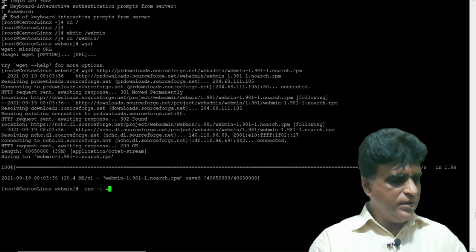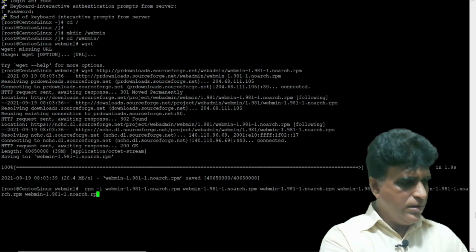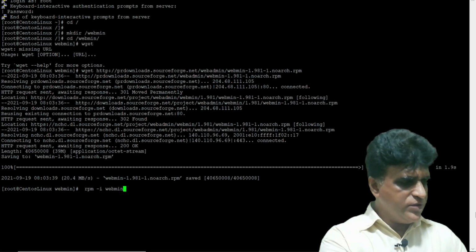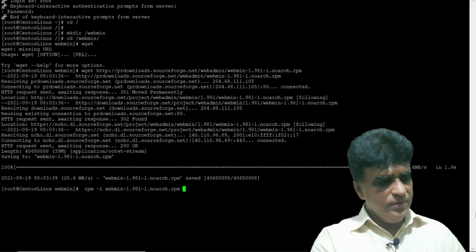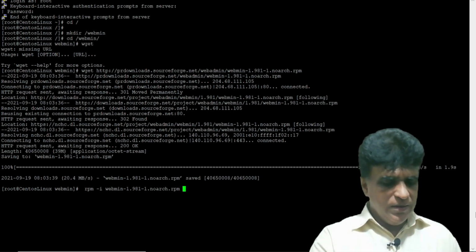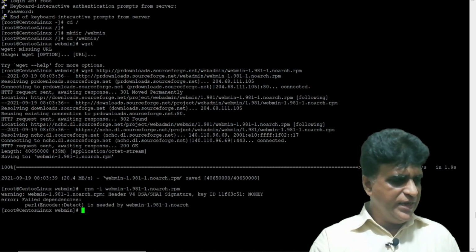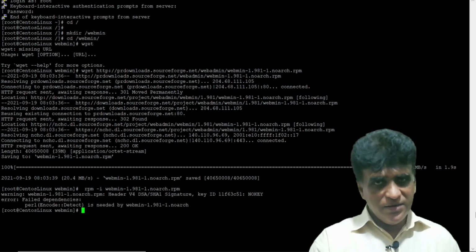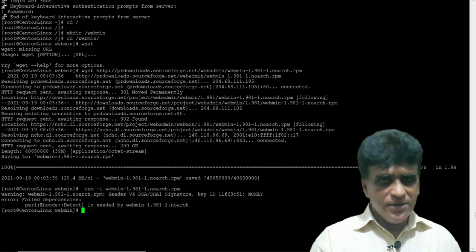This package. I want to install the webmin RPM package, webmin blah blah, that's the RPM. I'm going to run the command. Definitely it says some Perl dependencies are not there. I know that by experience, right?